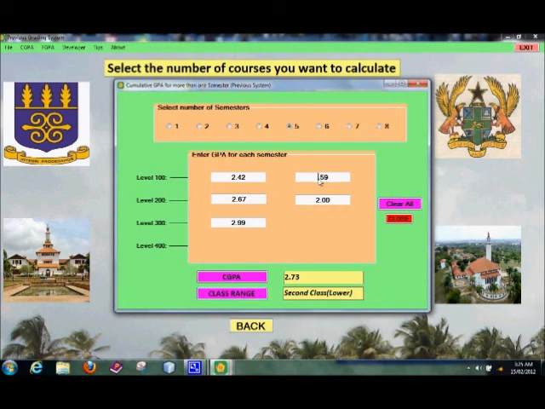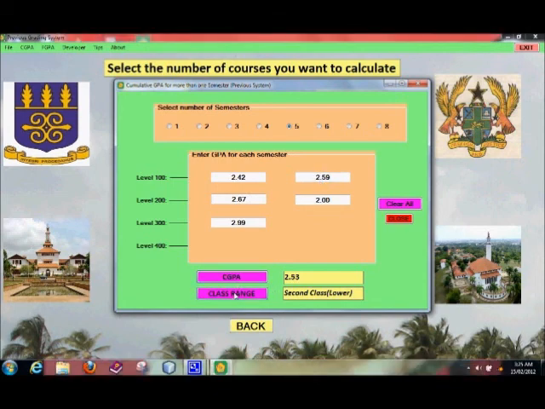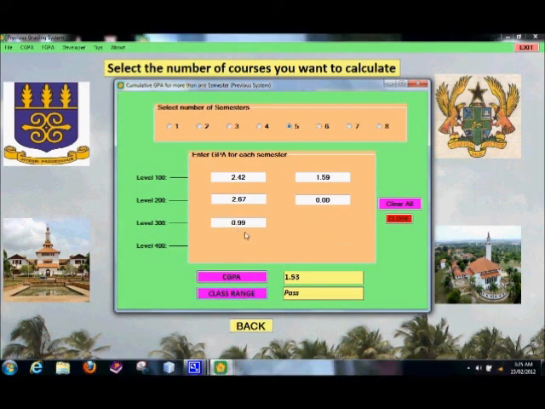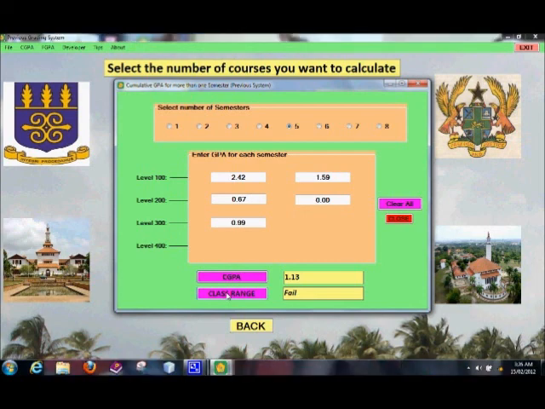The lower has a wide gap. Let's change this too. Still in lower. So let's say I change it to 1 and I'm in third class. See? Now let me change this to 0.00 and see what happens. I'm in the pass range, and let's make this also 0.99, and let's see, still in pass. I'm now in the fail region. So it actually tells you wherever you're at any point in time, and it gives you meaning to what your performance